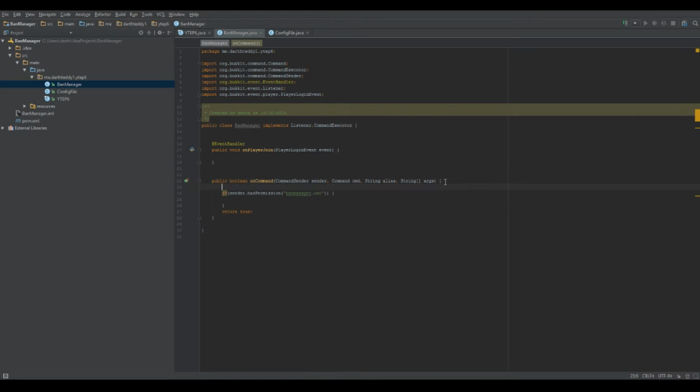Then we'll do, yeah. So let's do if args.length, so if the command length is less than or equal to 2. Yeah, so for this one we'll do 2, and then less than or equal to 2. Now, if args.length equals 2, and the sender has banmanager.ban,